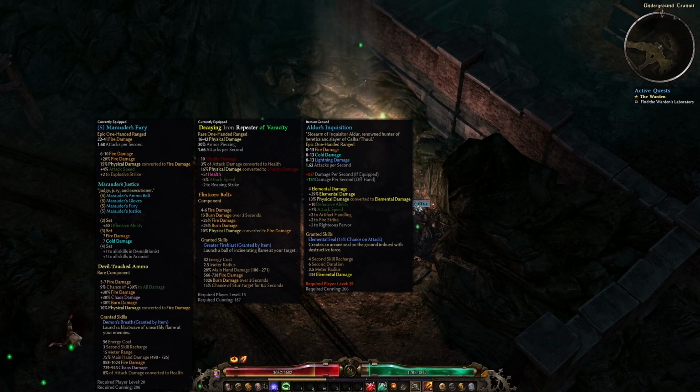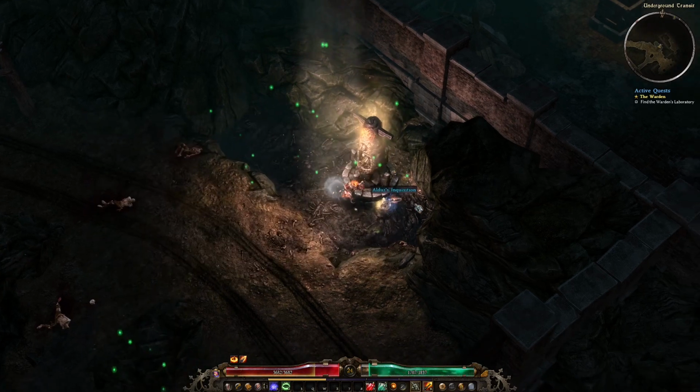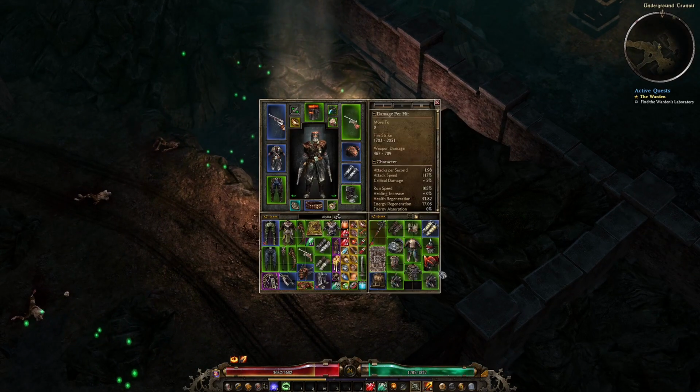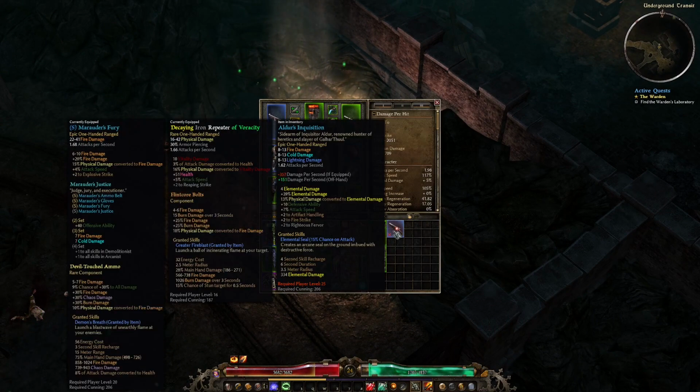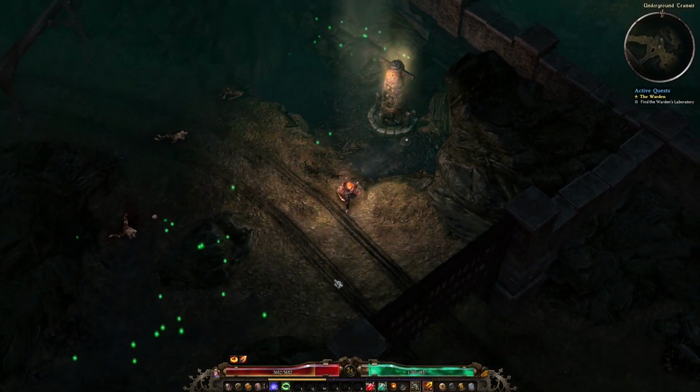I'll just have a big party. You might notice what's going on here. That's an epic one-handed ranged, it's a level 25 gun. But that is just amazing, really. If I was going to recommend what drop I would like to have, that's all sorts of awesome. Meanwhile,